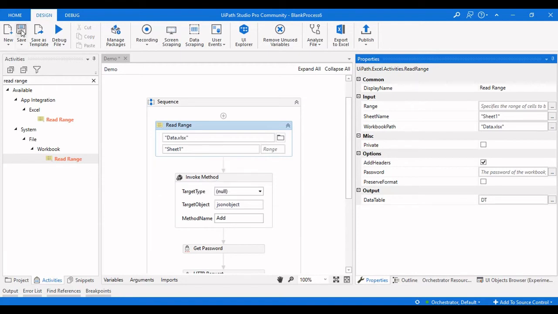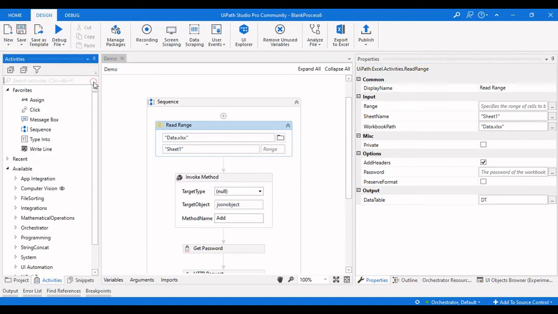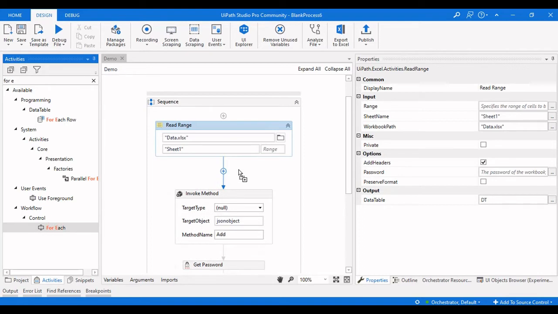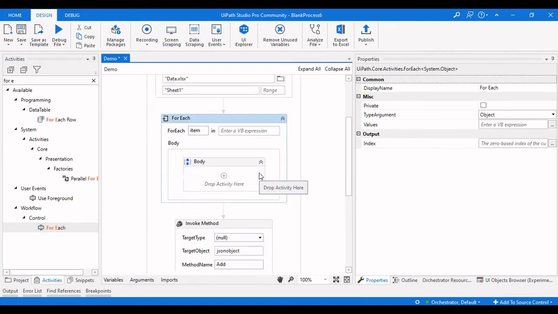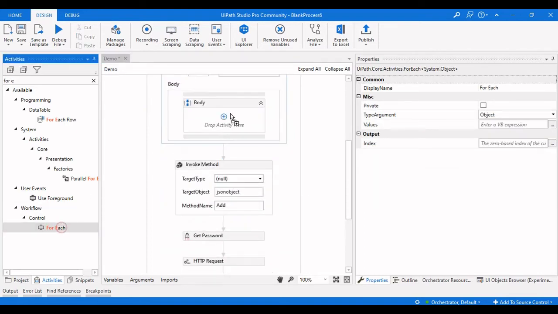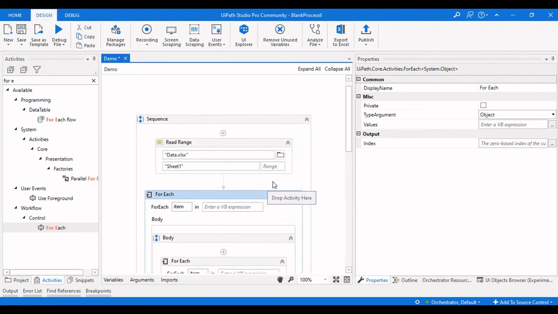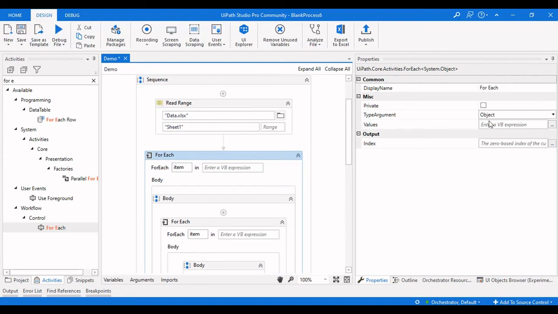and after that take a for each value here, and the other one inside of this for each. So what is happening here is, every row.